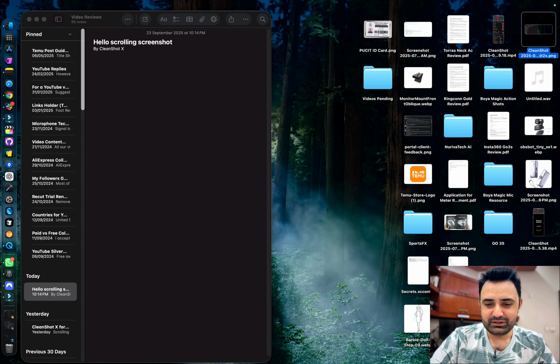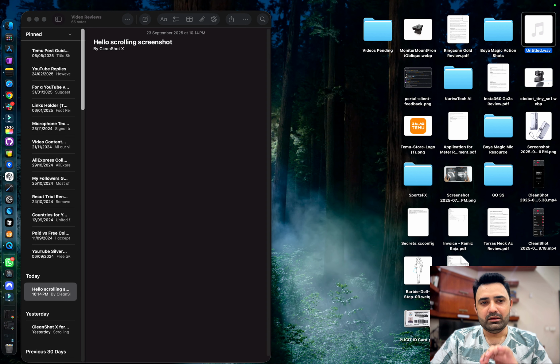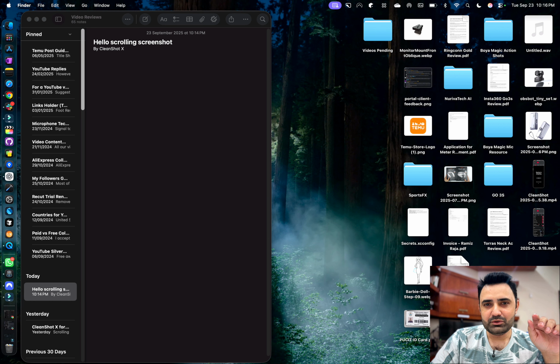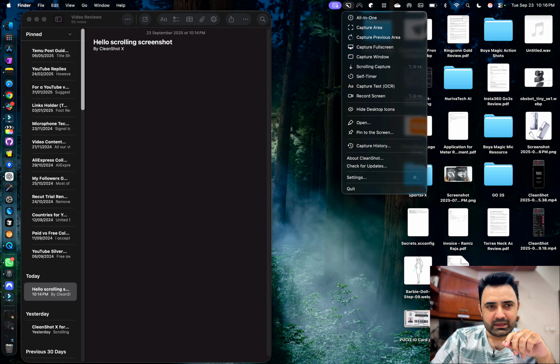I mean, there are so many intelligent things. When you're taking a screenshot or recording, you will not see notifications here. So those things are covered. It has so many features. Let me show you. Let's take another screenshot with it and capture area and capture full screen, capture window, all